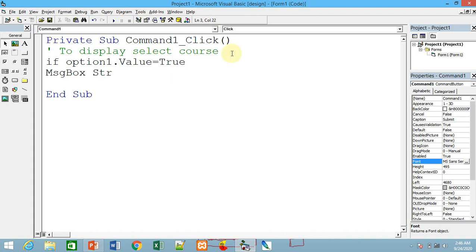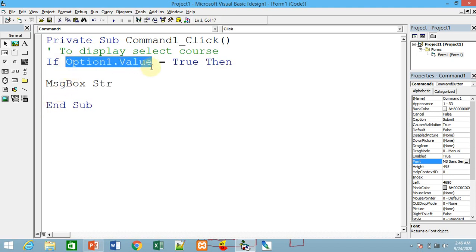Because it is boolean, if option 1 dot value equal to true means option 1 is selected, then str equal to the course name, BSc, or you can directly say option 1 dot caption. Option 1's caption is nothing but BSc. So in str, BSc is going to be stored.